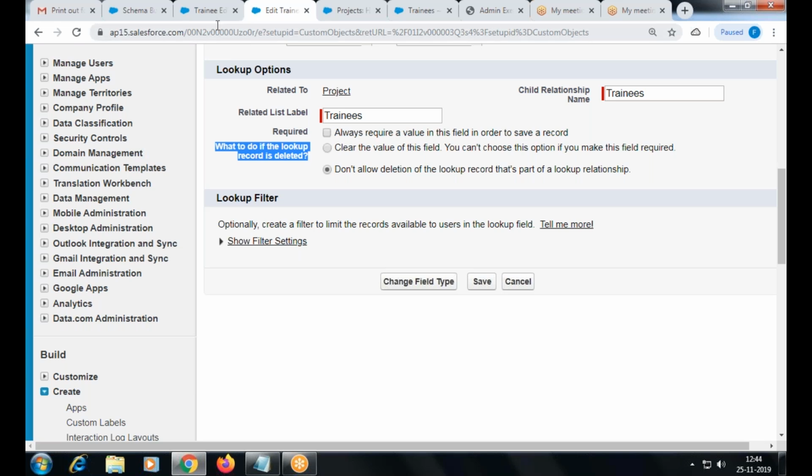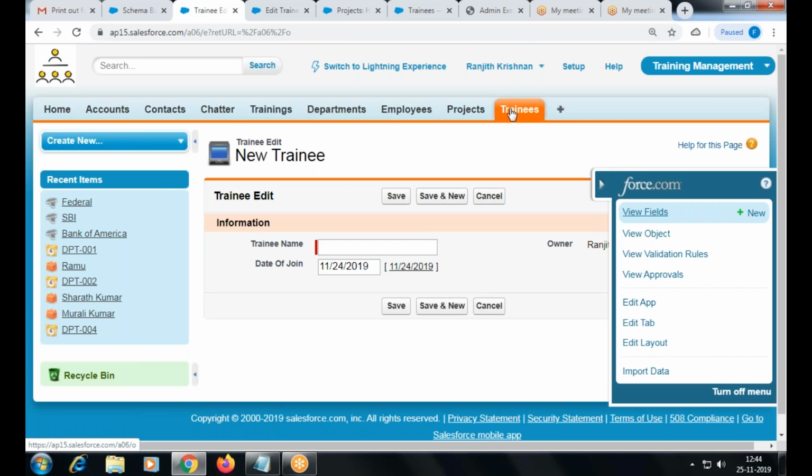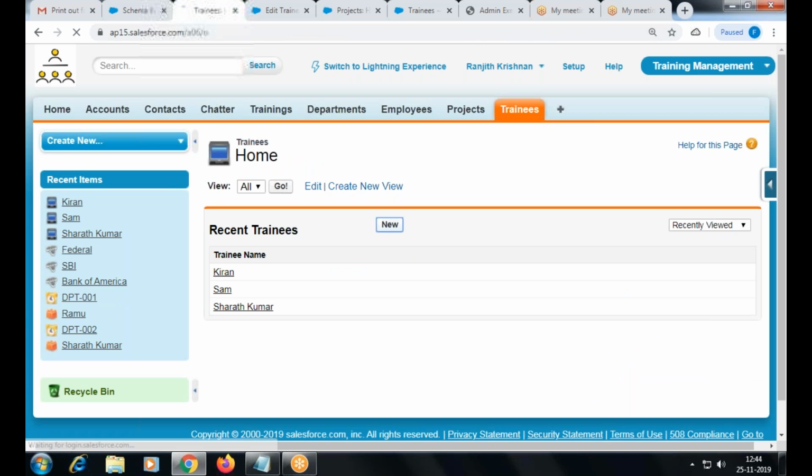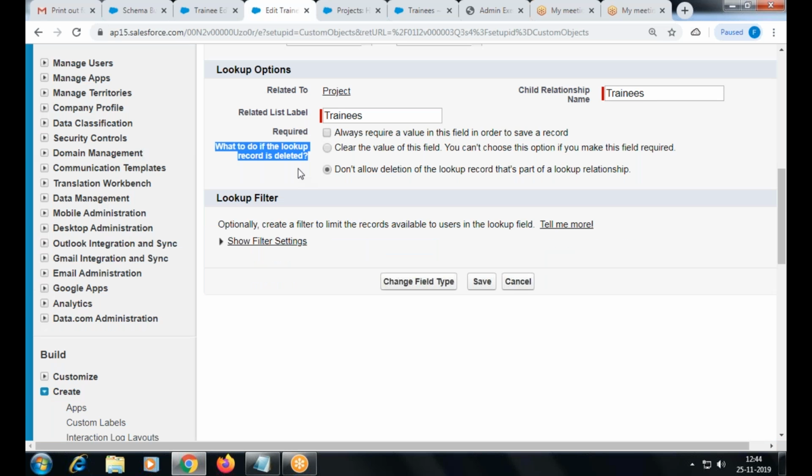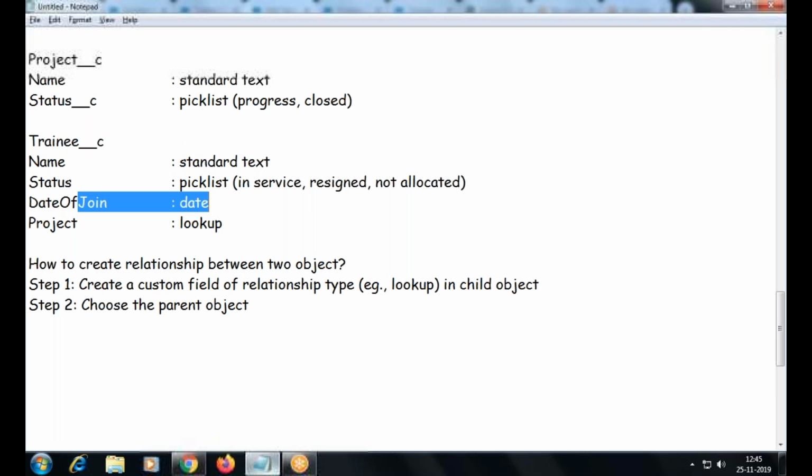The lookup record is the record you are looking up from your trainees. You are selecting the parent. So the option here is about what happens to the child when the parent record is deleted. What will happen in the similar case in your master detail? Child will get deleted, right? But here we can only go with two options. One is clear the value of the field.